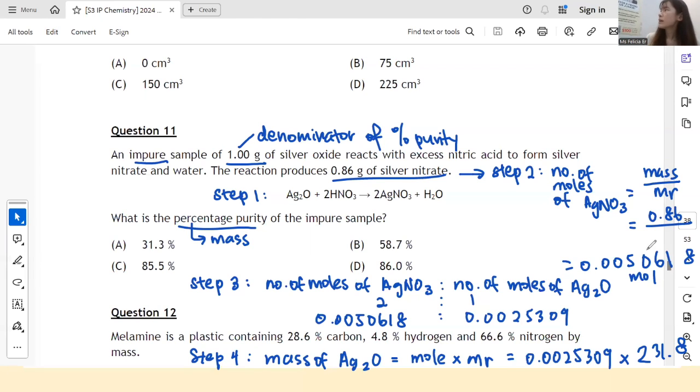Okay, so for the number over here, this is for 2 units of AgNO3. That's why if you want to find the Ag2O, it is 1 unit. So from here to here is actually divided by 2. So that means you don't divide by 2 over here, because this is just based on the mole concept formula,